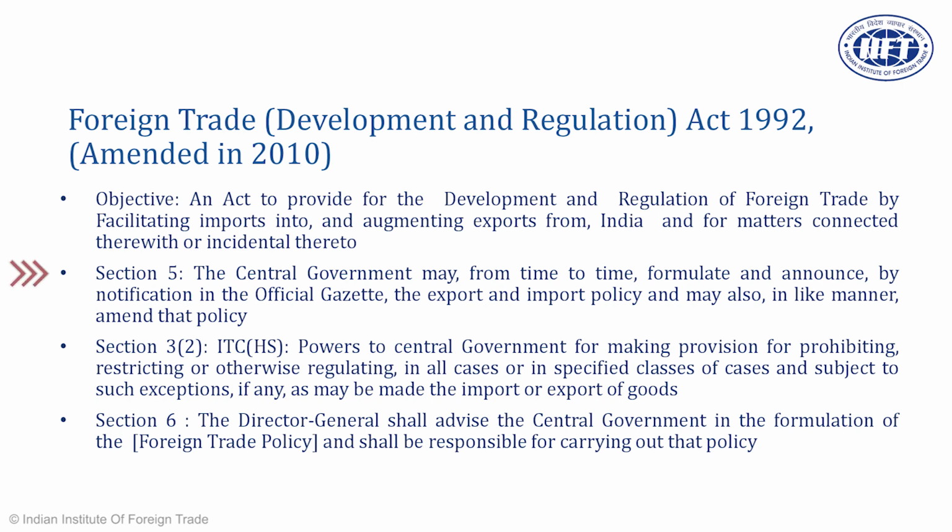The section 5 is the section which provides for the overarching powers. Section 3 subclause 2 is related to the various HS codes and their specific regulations. So we'll talk about this later, wherein we will see that some products are restricted or prohibited and there are special rules governing those products. So that power is through the section 3.2. And then we have the other section 6, which is basically the implementing provision under which the DGFT is implementing